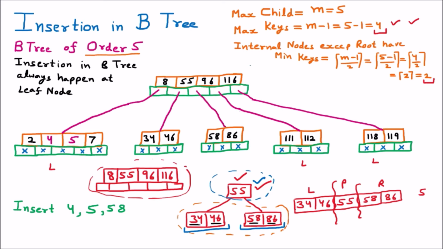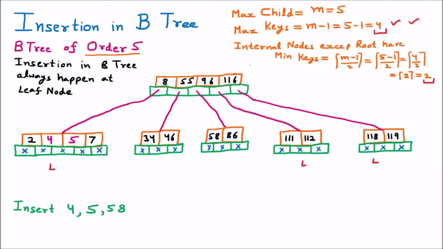So if you observe, then you can see that we have started with the 36 and 46. So this was the left child, and 58 and 86, that was the right child, and that above was the parent. So if you observe, then obviously we have achieved the same thing, because this is the left, this is the right, and this is the parent of them. So this is how we have inserted the node number 58 into the B tree. So this is the resultant tree after inserting the node number 58.